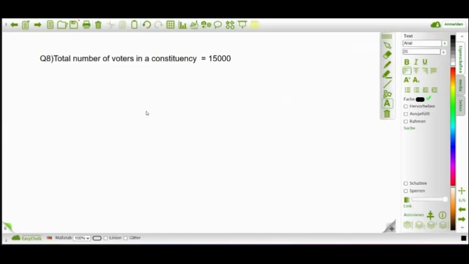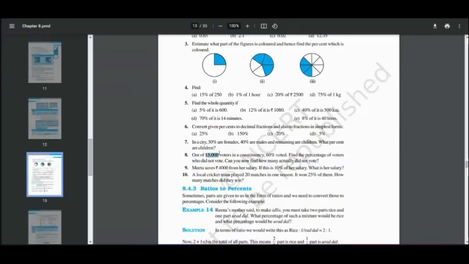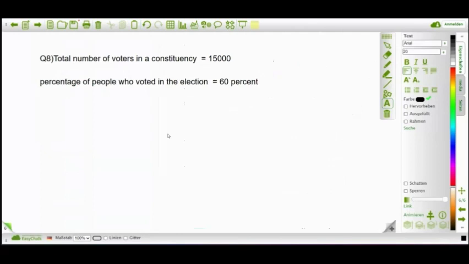Next, percentage of people who voted in the election equals 60%. अभी जो हमें क्वेश्चन दिया गया था, अभी बस हमने उसकी नॉर्मल वैल्यू लिखी है, जैसे कि 15,000 वोटर्स हैं कॉन्स्टिट्यूएंसी में, 60% ने उनमें से वोट किया। अब आगे हम इसमें जो लिखेंगे वो है मेन उसका काम।